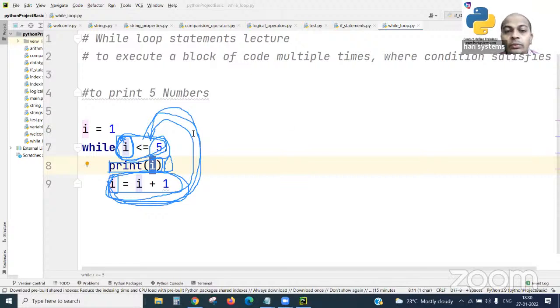Good. So now what happens here? Be ready for the next poll. And for this, it is true. When it is true, this block is going to be entered. So it is entering with 5, and it is printing. The next statement is printing and the i value is incrementing with plus 1. So what is the value of i now? It's a 6. Now again the loop is at the top and it verifies the i value is 6, now less than or equal to 5. Is this condition true or false?